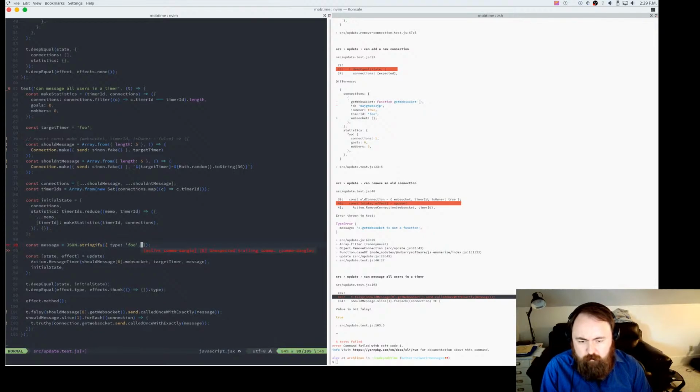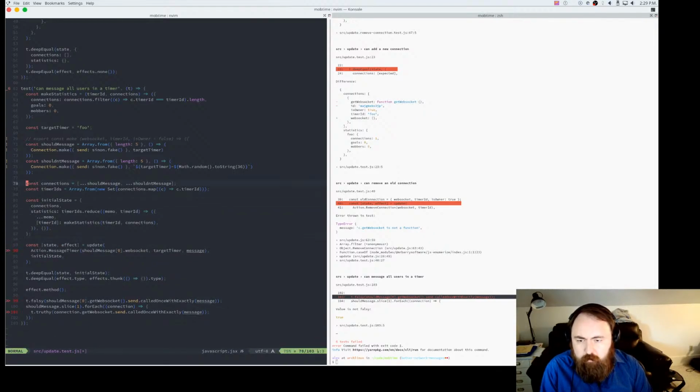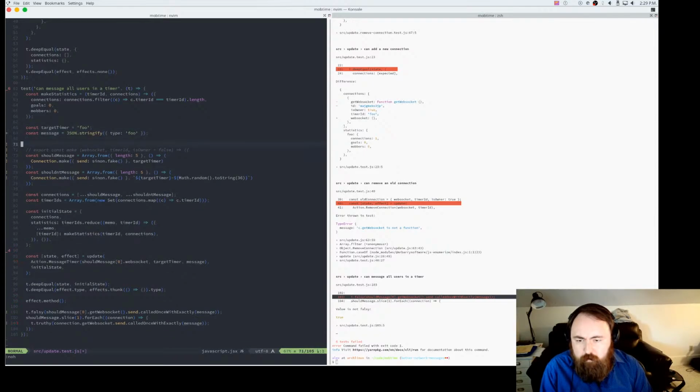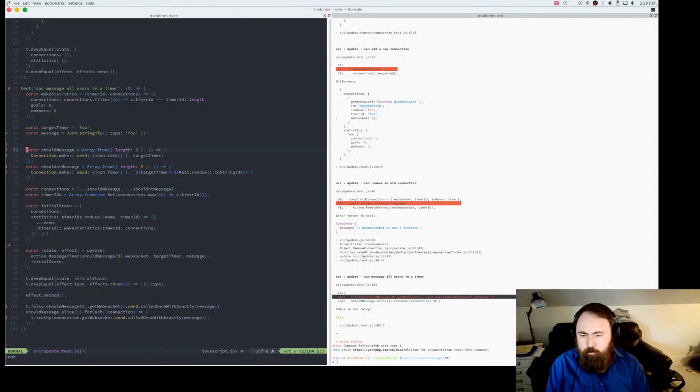Let me clean this up. I get the impression this test is kind of weird, because we have this should message. Oh, I see. It's building up 5 of them, and then 5 that it shouldn't message.